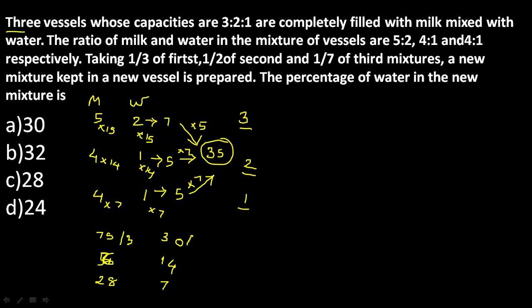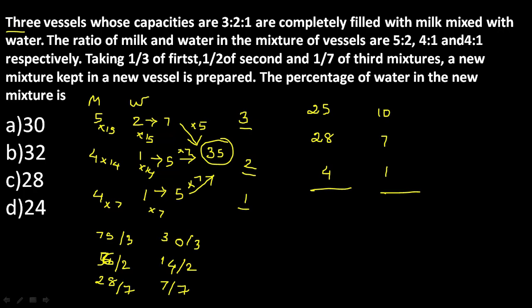of quantity, so 1/3 and 1/3. Okay, from the second we have to take half of it, and from the third we are taking 1/7 of it. Now what we will be getting: 75 by 3 is 25, 30 by 3 is 10. Next 56 by 2 is nothing but 28, then 28 by 7 is 4, then 7 by 7 is